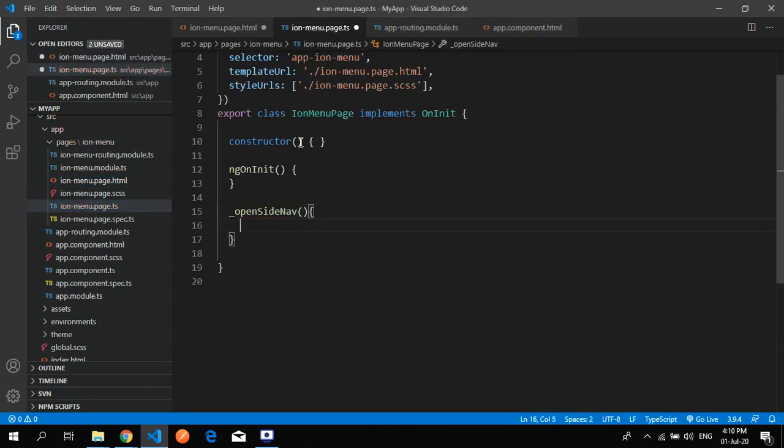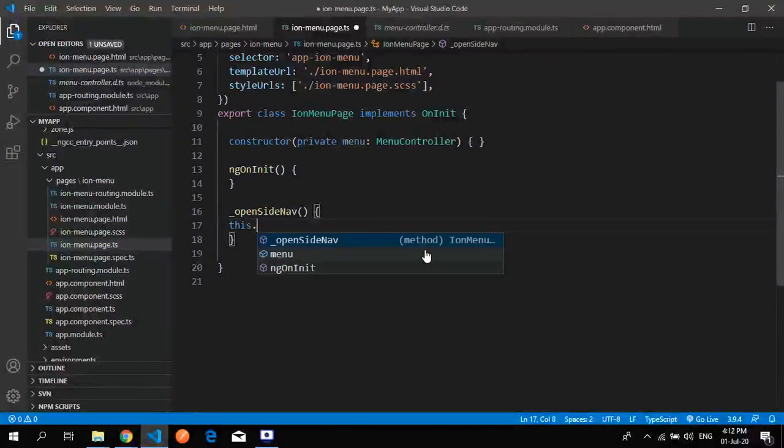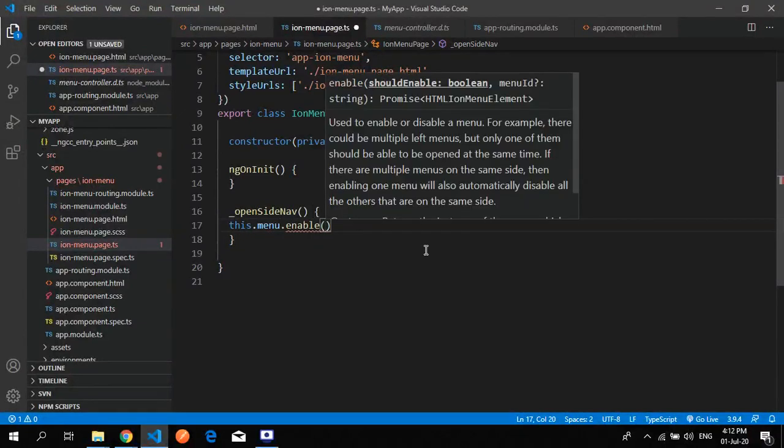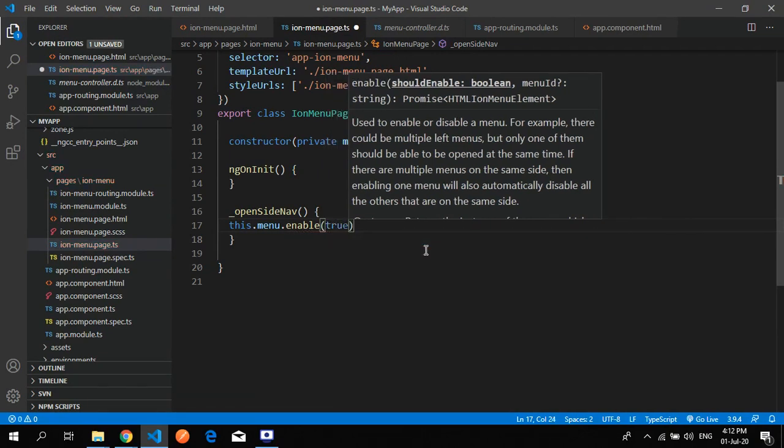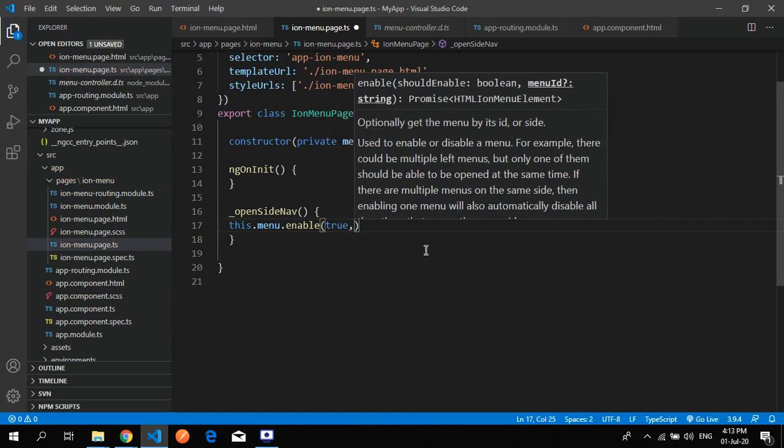To open the side nav we need to import one thing, that is the menu from MenuController. So what you need to do is use the menu from the MenuController, then enable. We have to enable the side navigation bar by setting it to true and passing here the menu